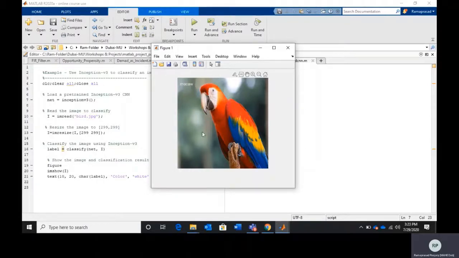That means this particular image is correctly classified as macaw. Macaw is one of the image classes in the ImageNet dataset, so it clearly classifies it. And when you compare to Python, the previous method, the coding is much simpler. But the only thing is that you have to have a licensed MATLAB software with the Deep Learning Inception v3 support package.